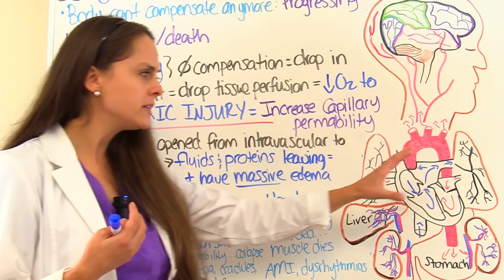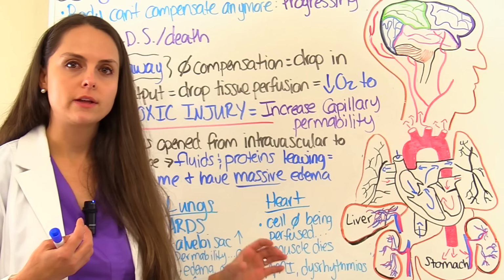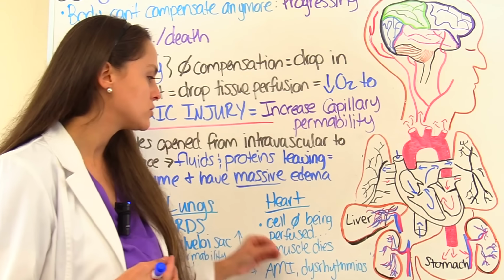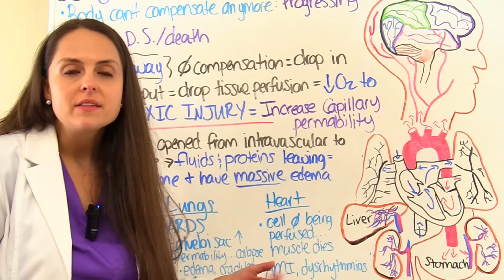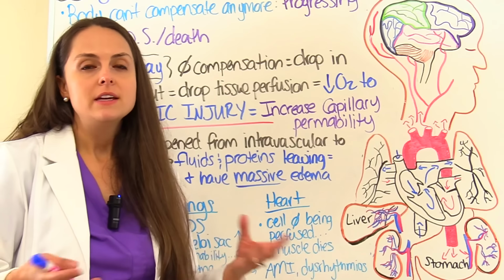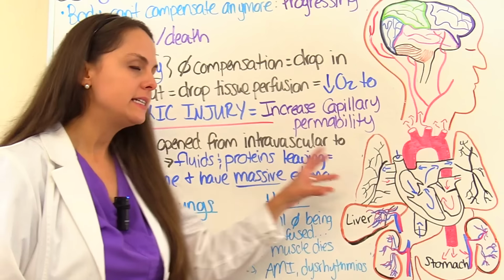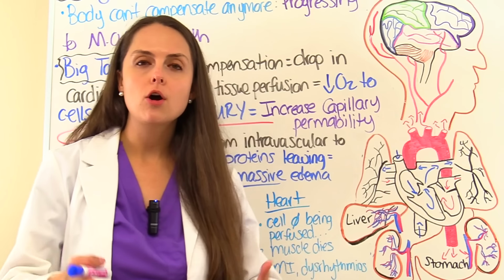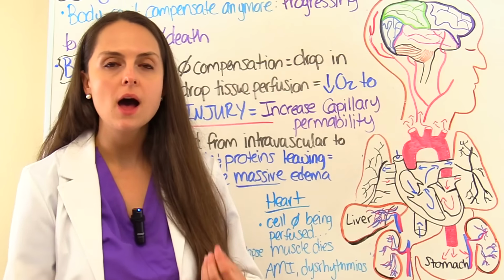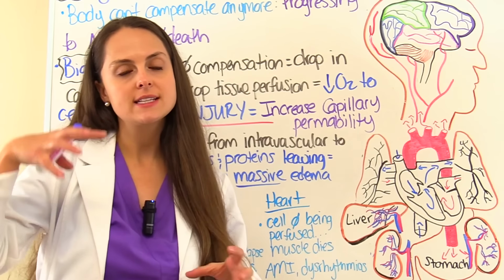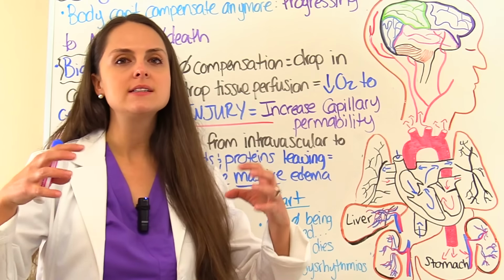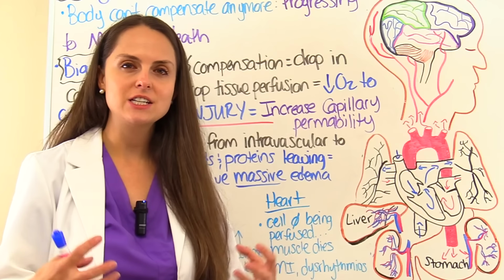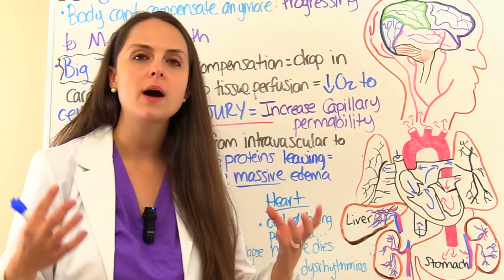But when these cells start to die in here that control our electrical activity, we start having dysrhythmias, lethal rhythms like VTAC, VFib that can kill the patient. In addition, we have cells that make up our heart that allow our heart to pump. So if our coronary arteries that sit on top of our heart aren't able to deliver blood to that tissue, the heart isn't going to pump.